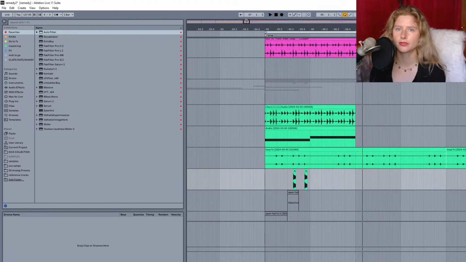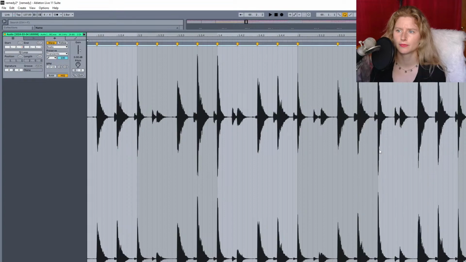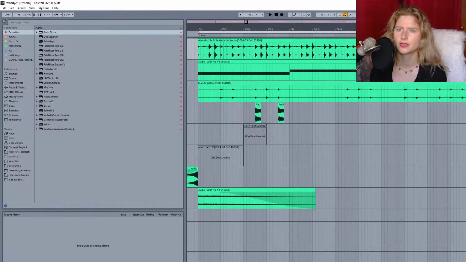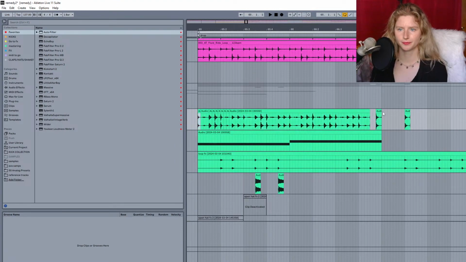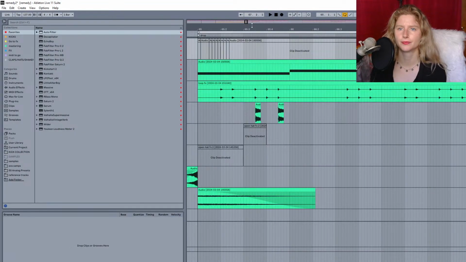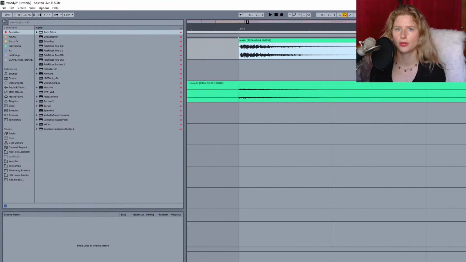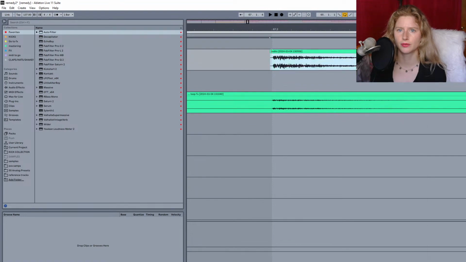Okay. Let's also see if we can maybe do something weird with one of these sounds. Quantize. Snap to grid. Let's see about this bad boy. Such a fun, kind of harshy sound. Oh, it starts a little late, so maybe let's pull it closer to the start. No. There we go. Cool. Better.